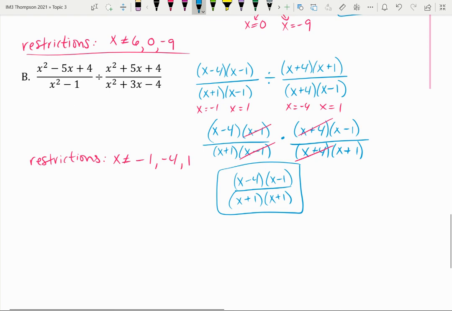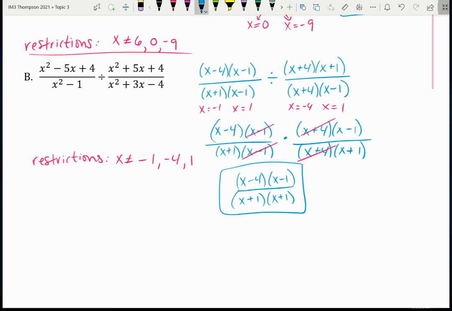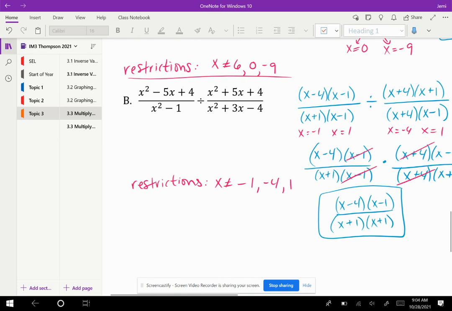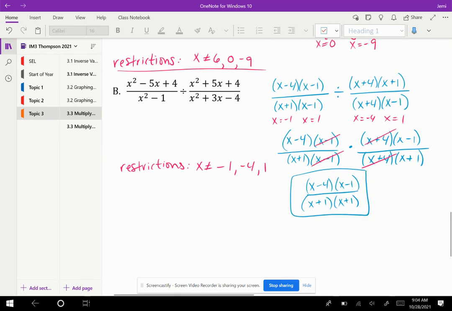Any questions that I can answer? That's it for 3-3. It's a lot of practice of other things that we've done and a lot of factoring. That brings us to the